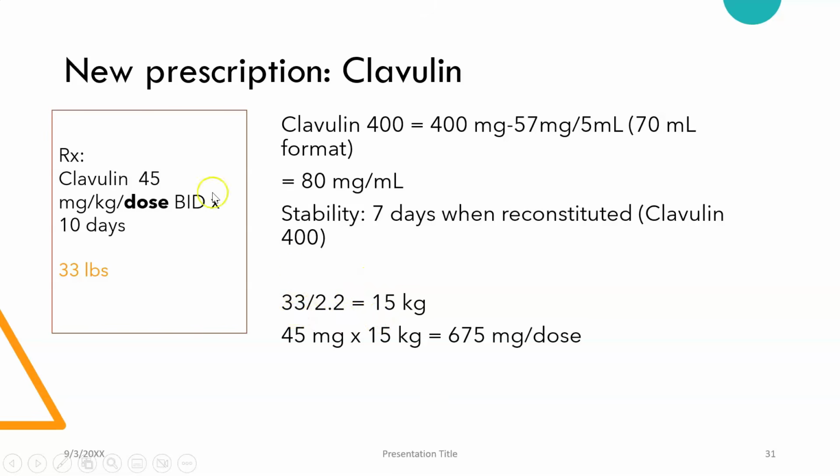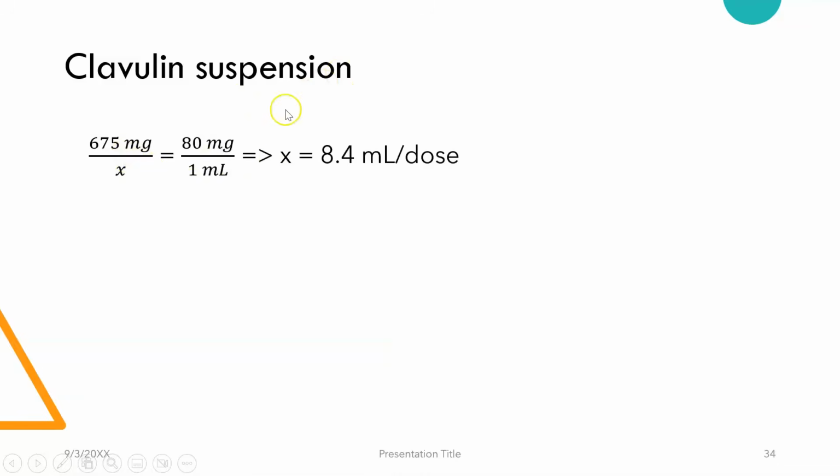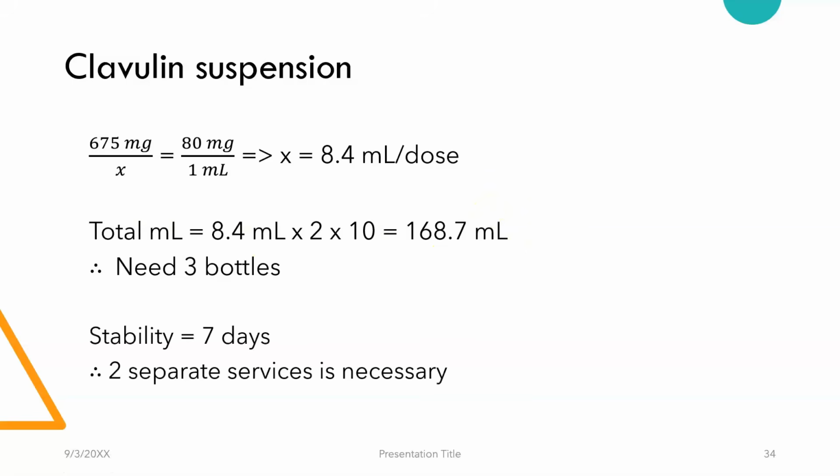So first off, what we do is we try to figure out the weight in kilograms. Then we, like we've done before, calculate the milligrams that we're going to need per dose based on the child's weight. Now we do some cross multiplication. We get the amount in milliliters. And we see that the total milliliters that we're going to need is 168.7. 1 bottle contains 70 mils, so we're going to need to serve 3 bottles. How we're going to do this is in 2 separate services. So we're going to serve the 2 first bottles on day 1, and then we serve the last bottle 7